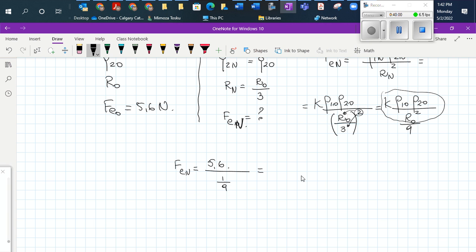When you divide two fractions, you keep the first fraction, convert dividing into multiplying, and you flip the second fraction. So it will be 9/1. And then when you enter this in your calculator, you will have a magnitude of 50.4 newtons. This is the first part of Coulomb's law. We will see more examples on the other